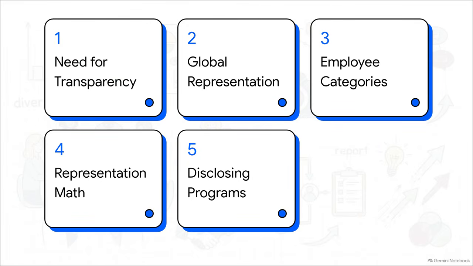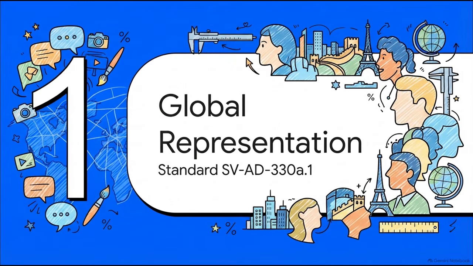First, the need for transparency. Second, measuring global representation. Third, the 4 key employee categories. Fourth, calculating equitable representation. And finally, disclosing equitable programs. Let's start with Section 1, measuring global representation under standard